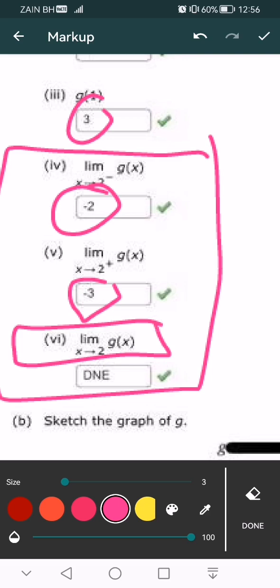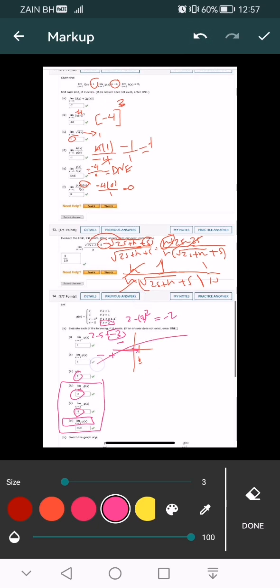Here by inspection, the limit as x goes to 2 of g of x from the left side is not equal to the limit as x goes to 2 of g of x from the right side, which means the limit of g of x as x approaches 2 does not exist. For that reason it does not exist, because of the different values. Okay,